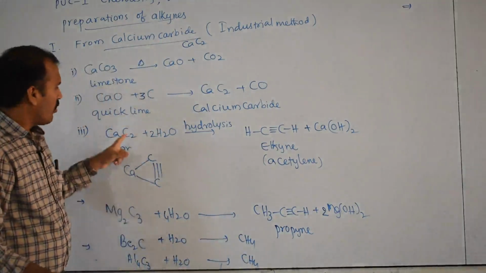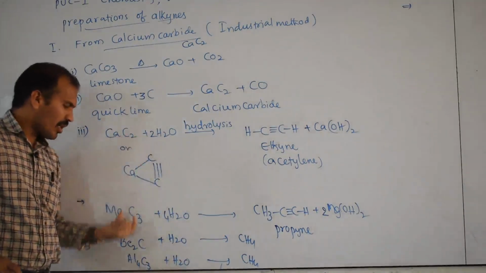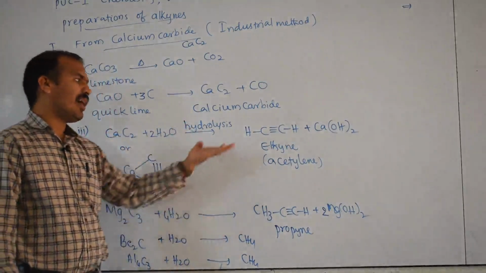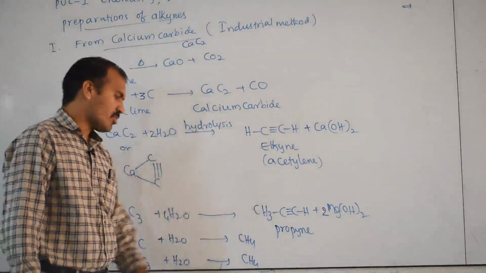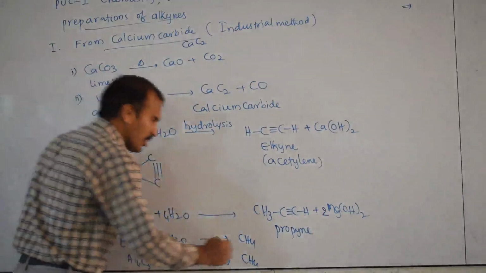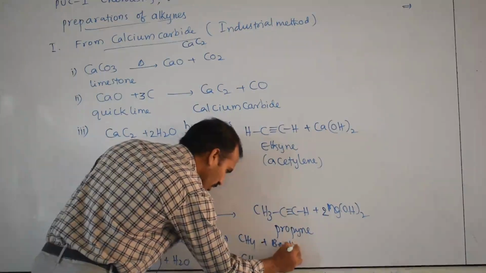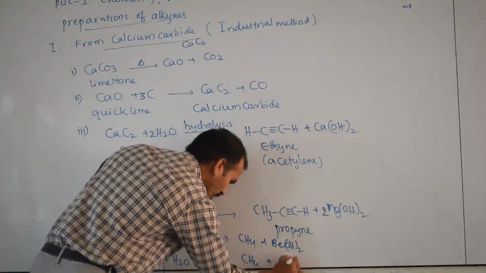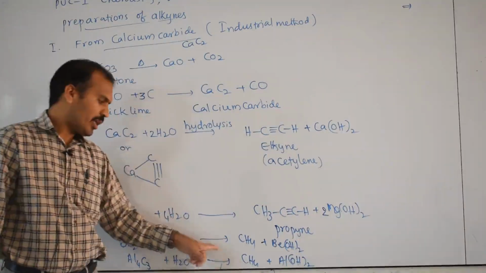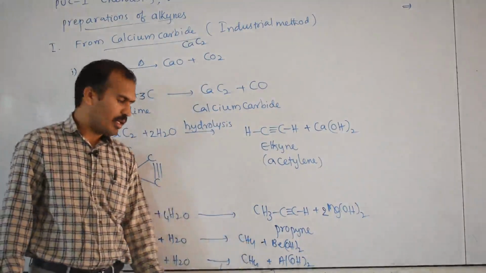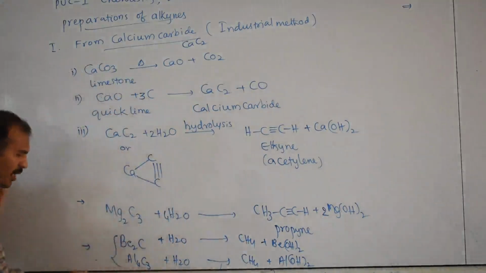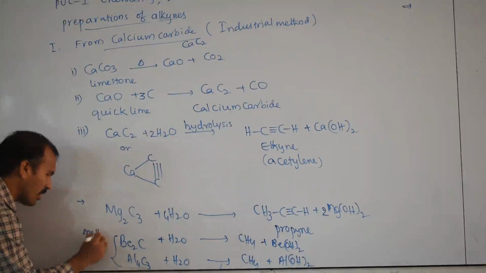So just to indicate, these are all carbides. Carbides on hydrolysis give hydrocarbons. Here alkyne is there and alkane is also there. To understand carbide hydrolysis, I am giving these two equations, and these will give beryllium hydroxide and aluminum hydroxide. You have to balance these equations. The only thing I want to indicate is that these two give methane. Therefore these two are known as methanides. Beryllium carbide and aluminum carbide are known as methanides.